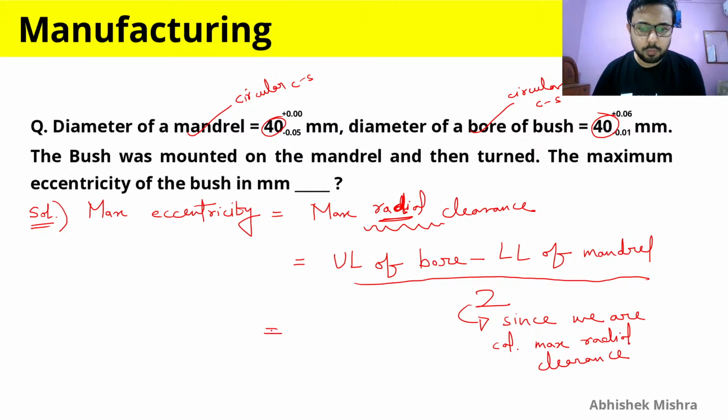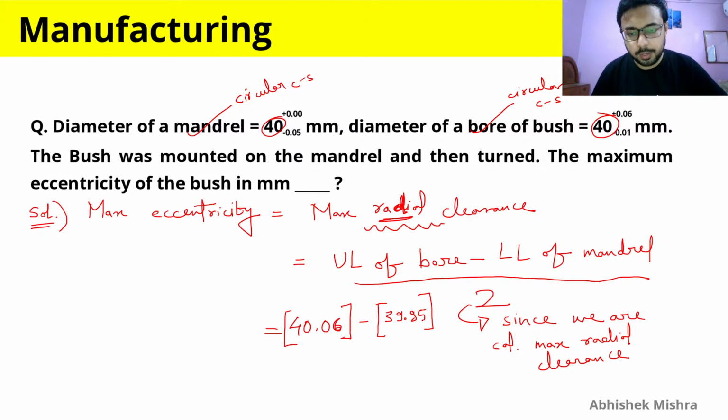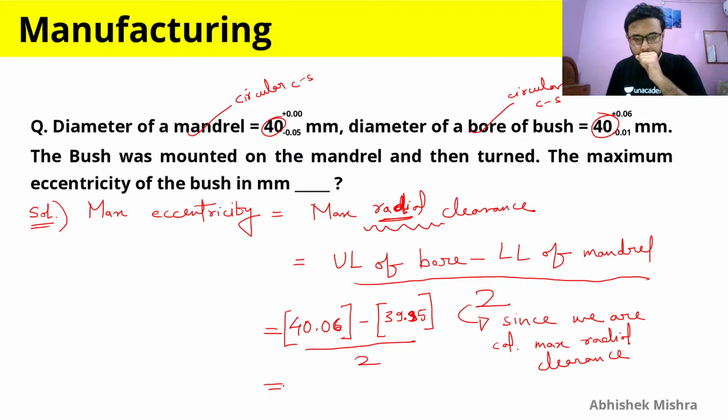And now what is the upper limit of bore? Very easy, 40.06. And what is the lower limit of mandrel? Lower limit of mandrel is 40 minus 0.05, so it will be 39.95. So 39.95 is your lower limit of mandrel. So we will subtract these two values and divide it by 2 to get our final answer, and it will be,